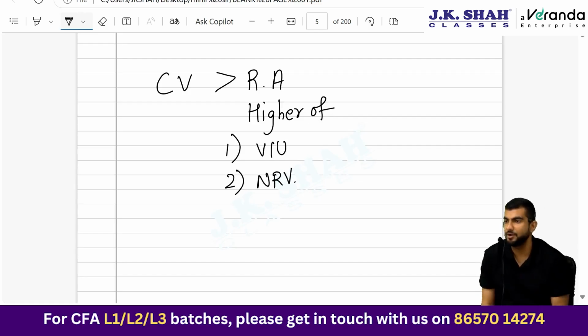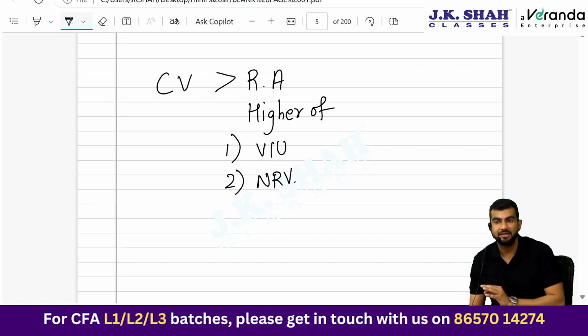Value in use is what? Present value of all the future cash flows. So you have to discount those future cash flows at an appropriate discounting rate. NRV is sales price minus selling cost. Okay. If carrying value exceeds the recoverable amount, you impair it to the extent of difference between the two. But if carrying value is less than recoverable amount, simply do not impair. Also remember one thing, IFRS allows either the cost model or the revaluation model to record a long-term asset. In case of US GAAP, only the cost model is allowed.